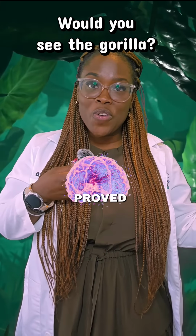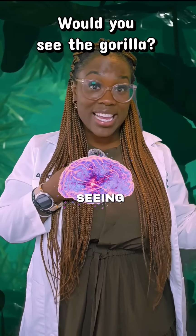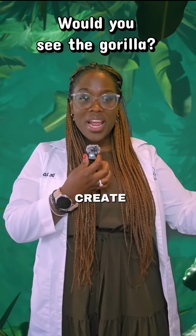A series of experiments proved that looking is not the same thing as seeing. Experts search, their brains create a strict filter